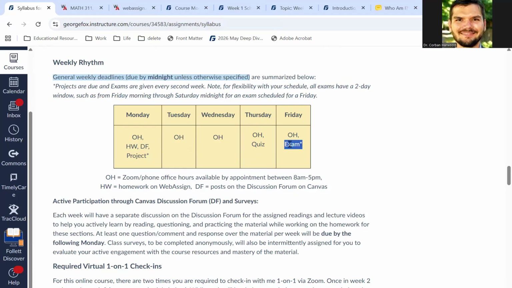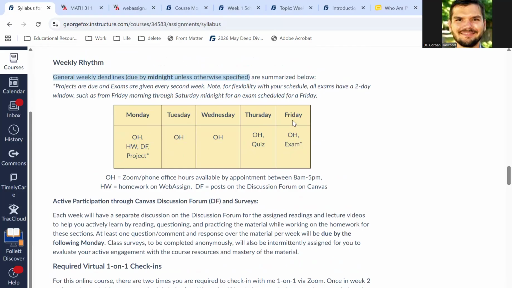And then every other Friday, like not week 1, but week 2, for example, we'll have an exam. And the amount of time for the exam, again, is based on the number of objectives. Most exams will have 5 objectives, so that's 50 minutes plus some time, so let's say an hour or so, plus some time to take pictures of your work. So about an hour